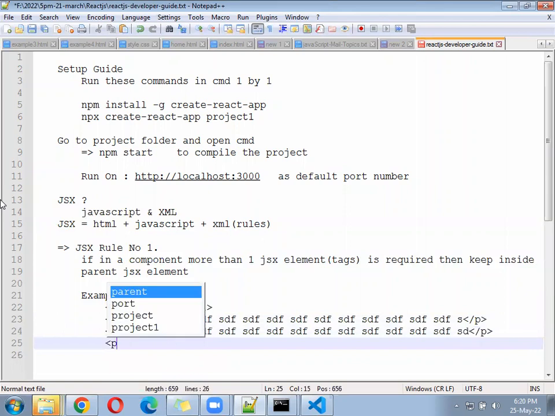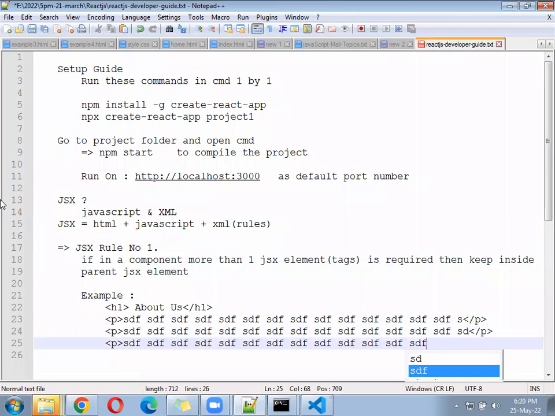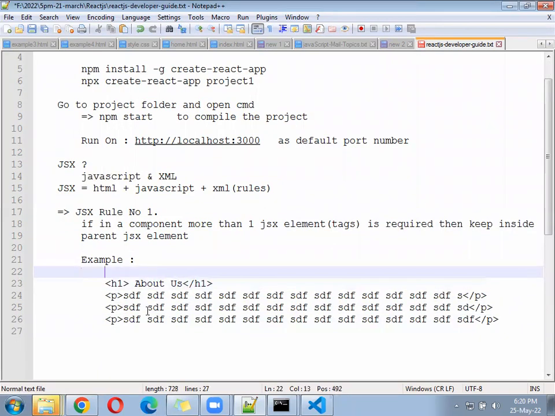So just to represent, we added 2-3 paragraphs. Let's add one more paragraph. So you can see, what I did is one H1 tag and 3 paragraph tags. So this becomes multiple JSX elements.